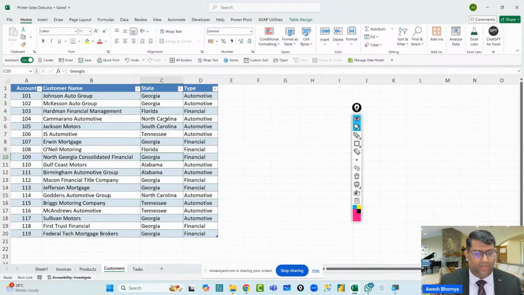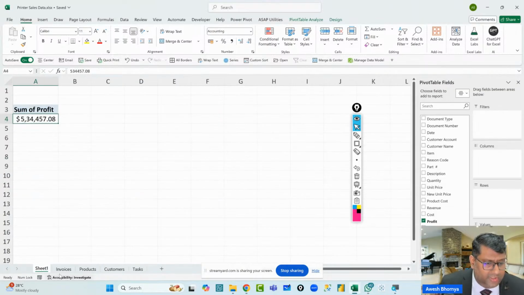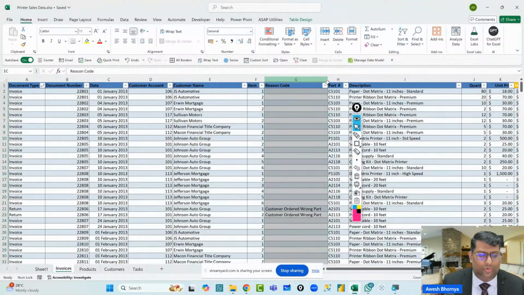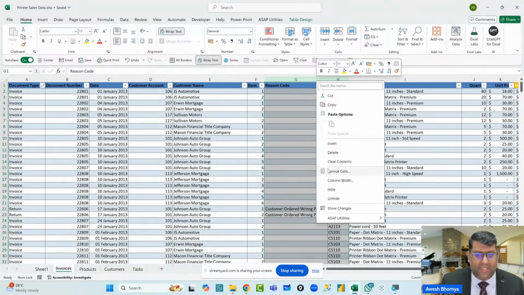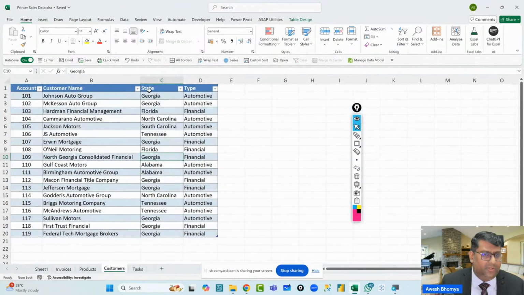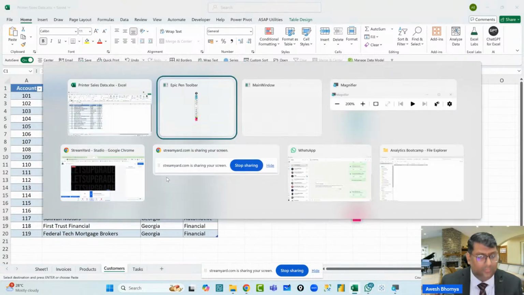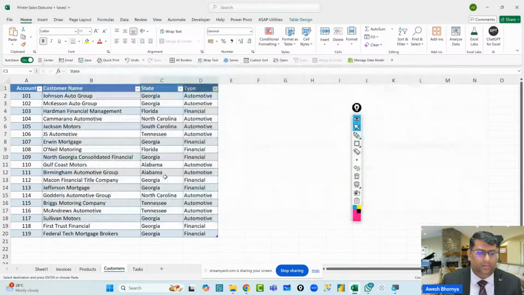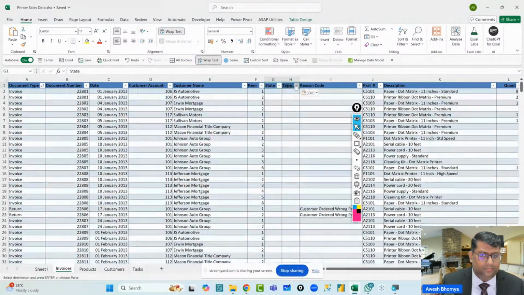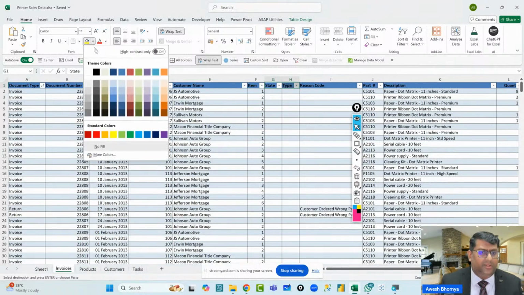So how do we fix this? Or how do we get the data out of this particular table? Now to get the data out of the table, I go to the invoices sheet and then I add two more columns here after the item number. Now let's just copy the data from here, as in just the header, state and type. Okay, and then I'm going to add it to the name here. So state and type, I'll just color these columns maybe to a lighter shade.